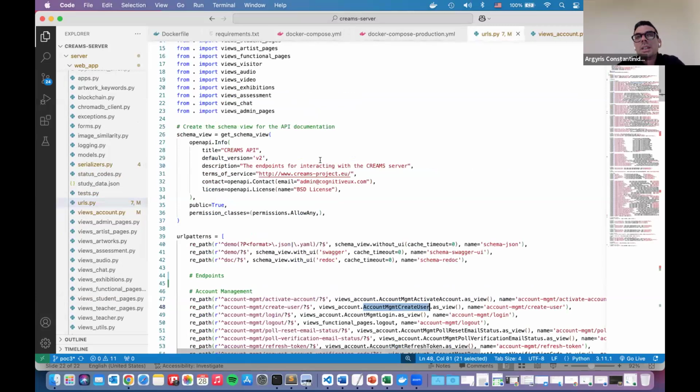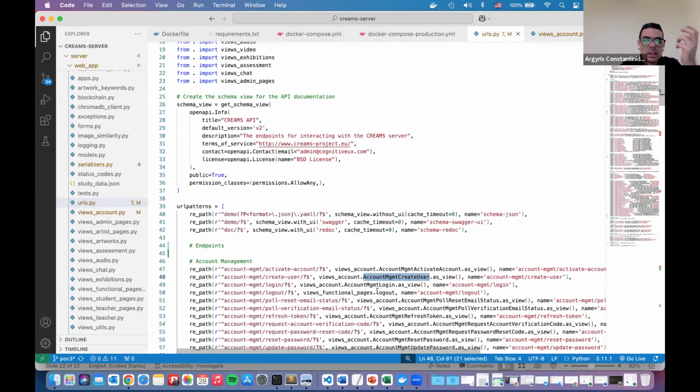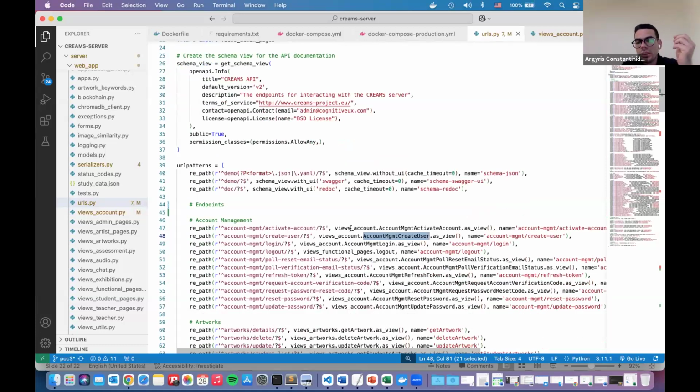In terms of URL routing, as I said, the Django REST framework allows us to define what happens when a specific endpoint is being called from a client application, either a browser or a mobile application. So here, we have to define all the paths that are available in the system.